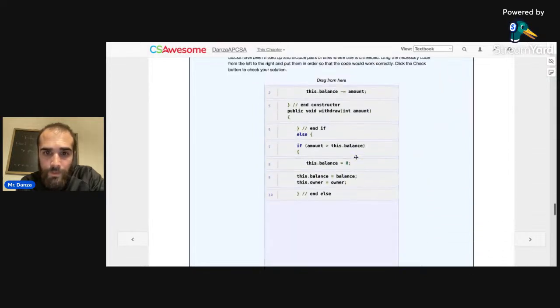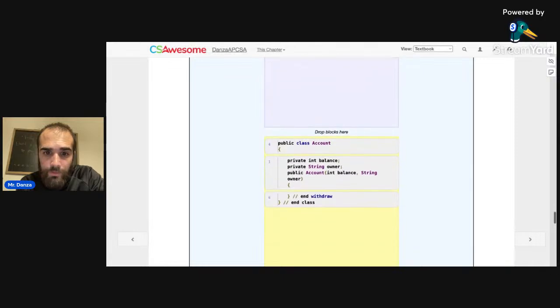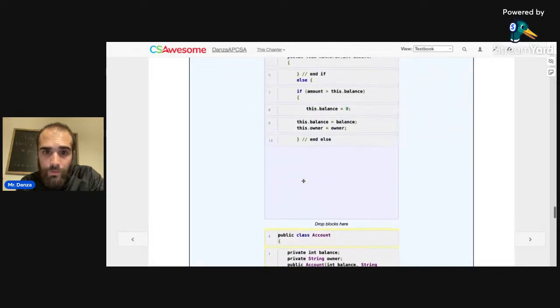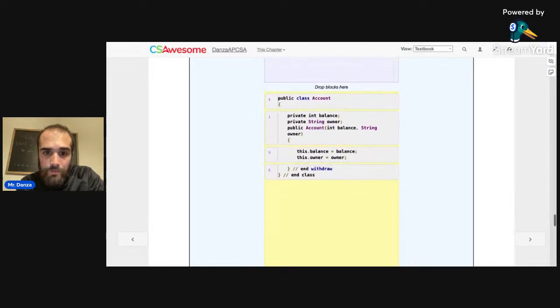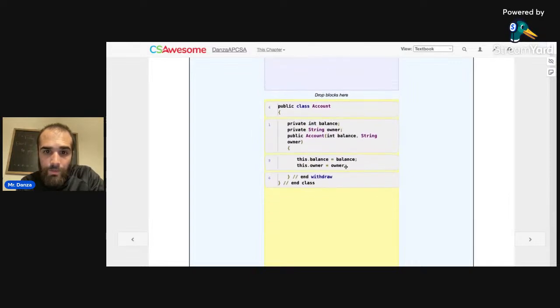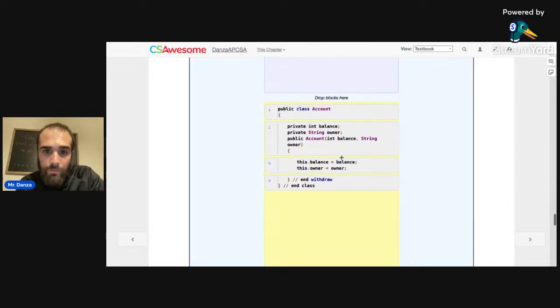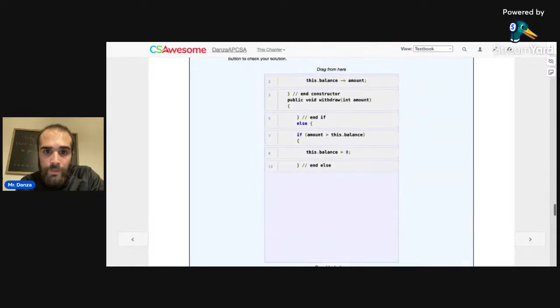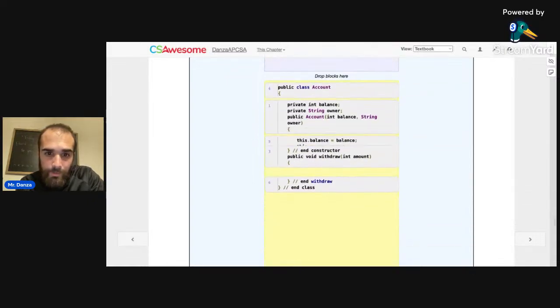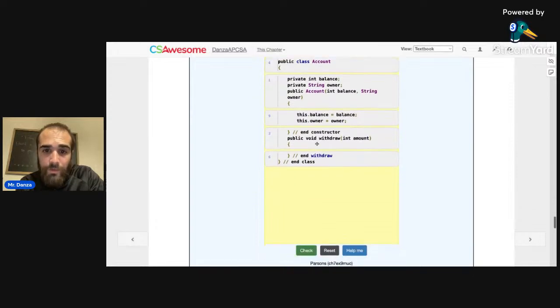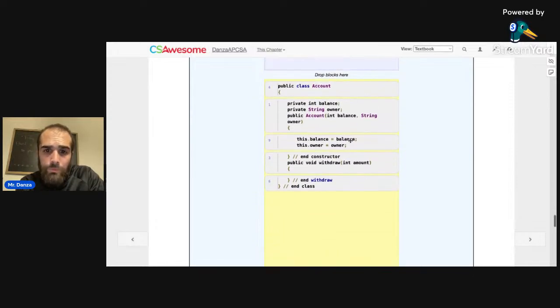Okay. By pulling out my instance variables, it looks like there's already an account constructor that brings in the balance and owner. So I'm going to go ahead and say this balance and assign the balance being brought in here to the instance variable. Then if we close the constructor, once again, I haven't even read what I'm supposed to do, but I'm just putting pieces together here. Then the withdrawal,